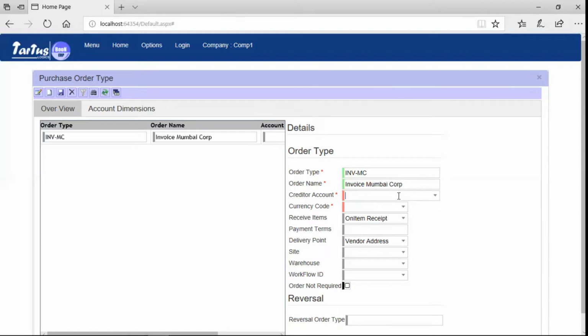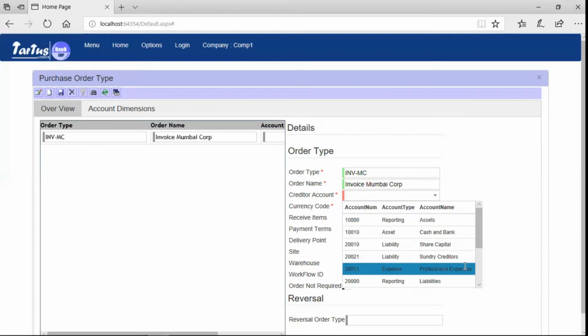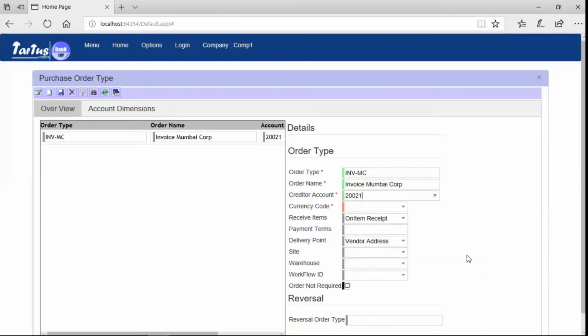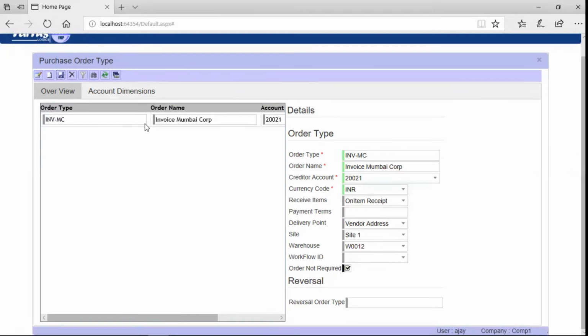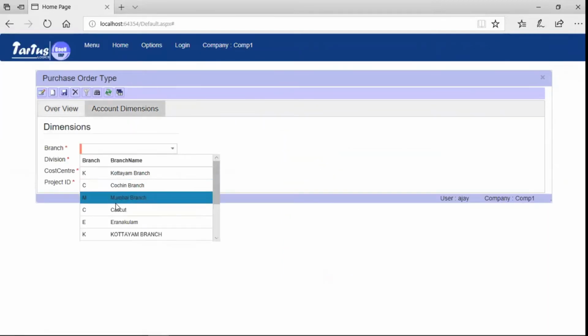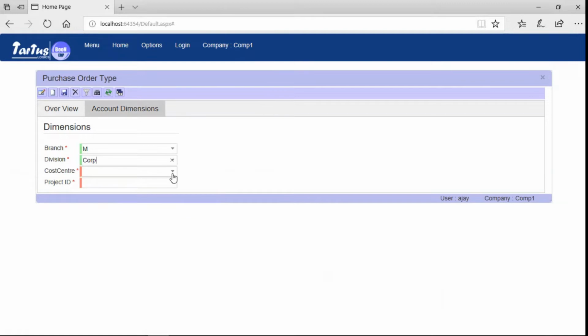Set creditor account as 20021, which is our sundry creditor account. We will set the default dimensions and default values and save the record.